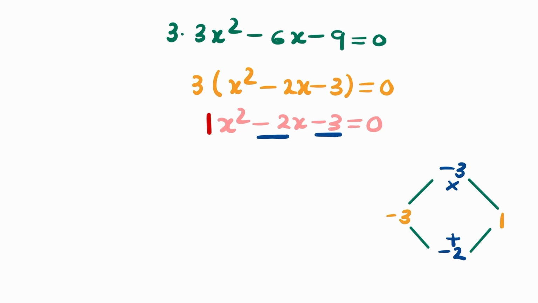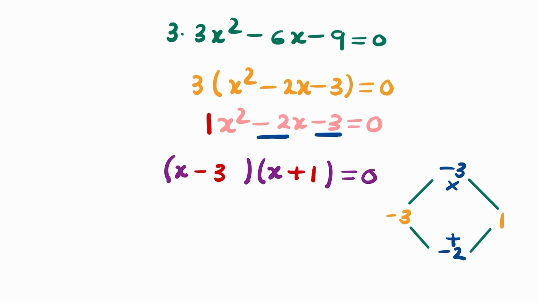And now after that, what should we do? In special cases where a is equal to 1, we can open up two separate pairs of brackets like this, equate it to 0. And then we can add an x term for each of the brackets. And then after that, we should add one factor to each of the brackets. So what are the factors that we found here? Minus 3 and plus 1. So we can add minus 3 to one pair of brackets and plus 1 to the other pair of brackets